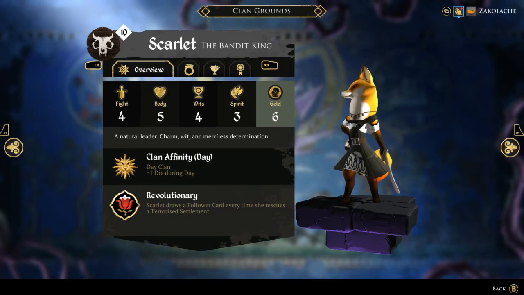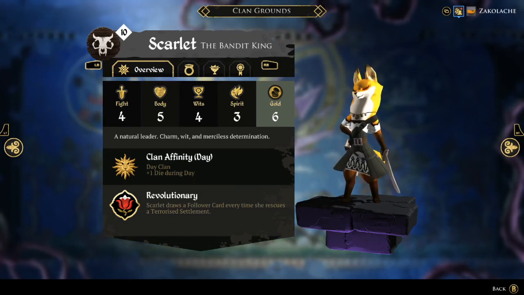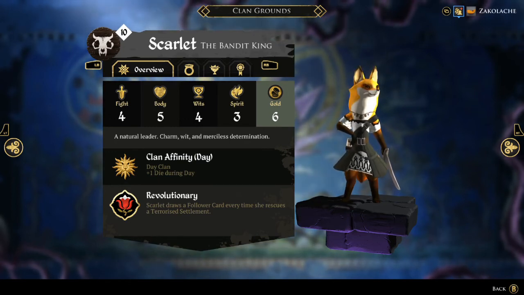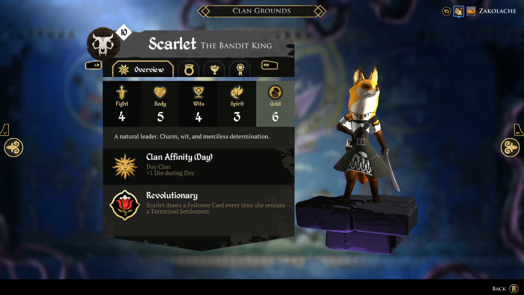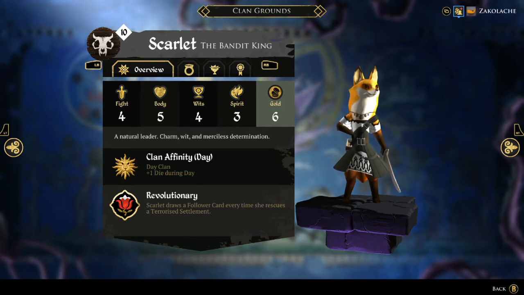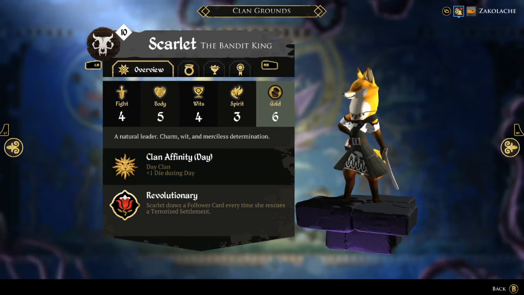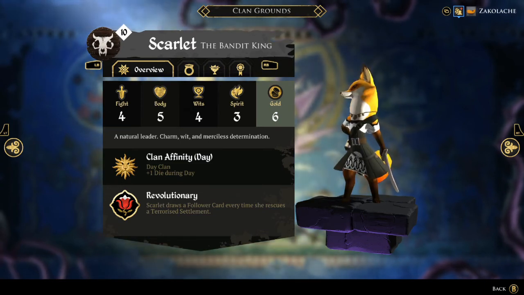And her ability Revolutionary gives her a free follower whenever she rescues a terrorized settlement, either from Banes or the Insight Revolt Trickery card to manually trigger this ability, or some of the King's Declarations cause settlements to be terrorized. So there's a couple ways this ability can proc. When normally you have a situational ability like this, it can feel pretty useless, like you're not getting any value from it throughout the game, but you really only need this to hit once to get a follower,